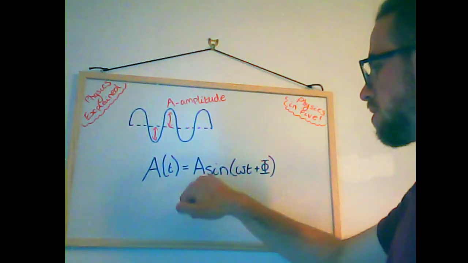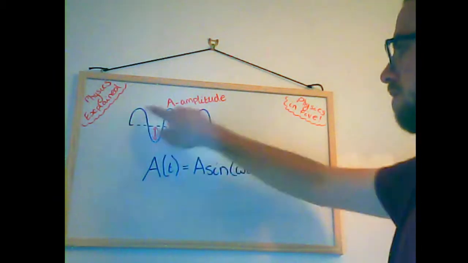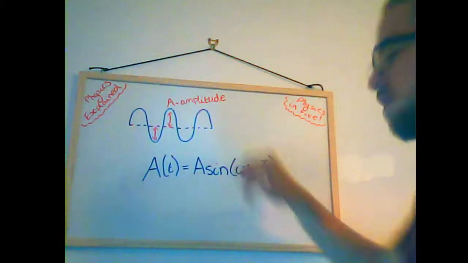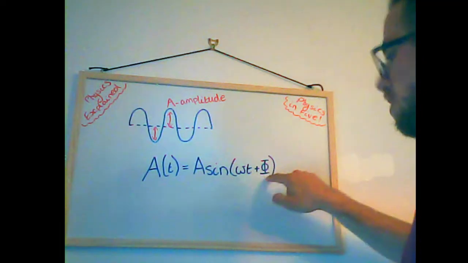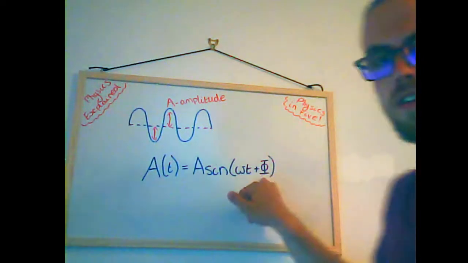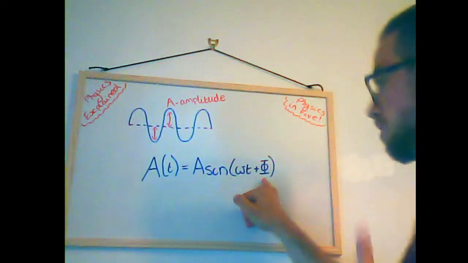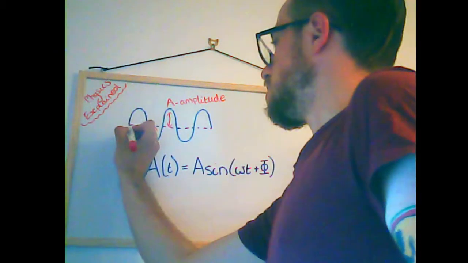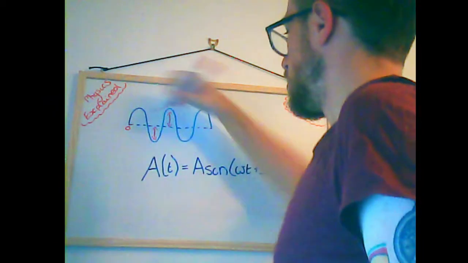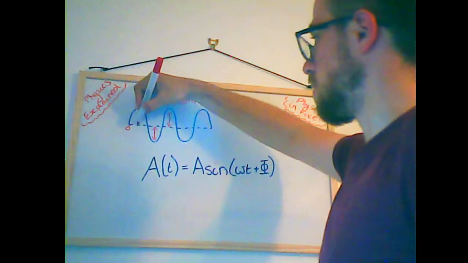So we have the amplitude A times the sine wave, because it follows the same pattern as a sine wave. Sine wave is a function of the frequency and the time, plus this symbol here. And this is the Greek letter phi, which is the term we use to mean phase difference. Now, the phase difference here, let's say this is 0. If we shift the phase difference of the wave to here,